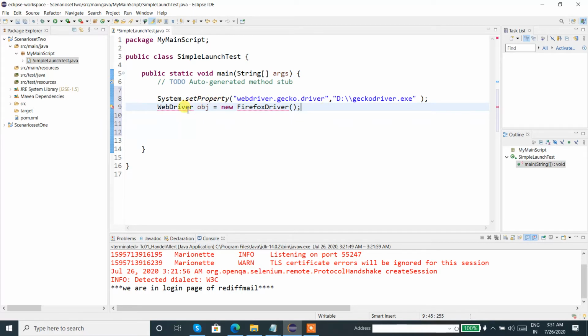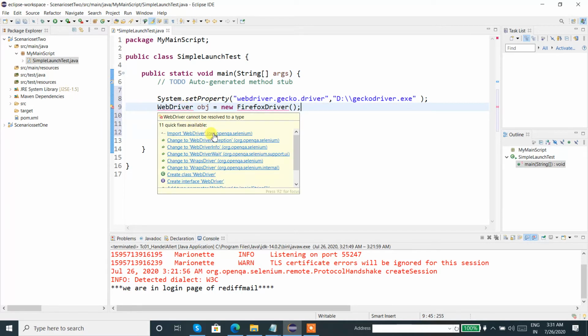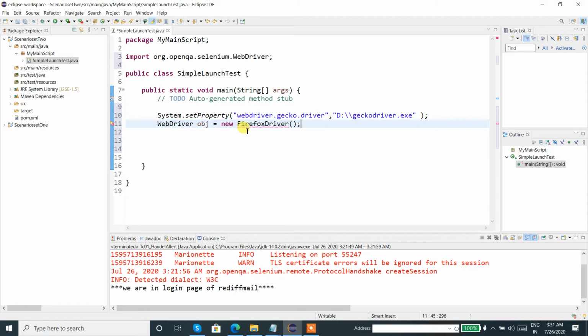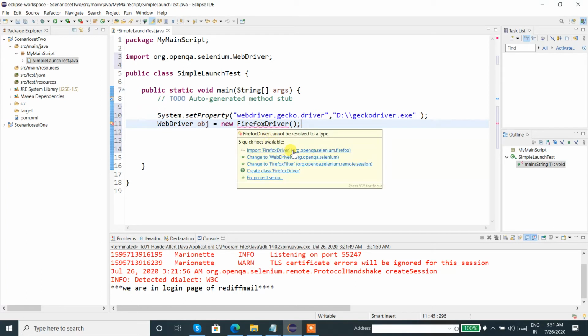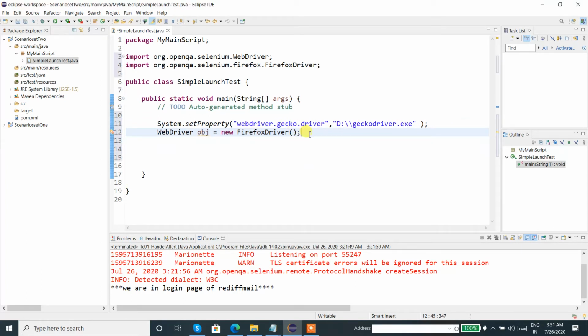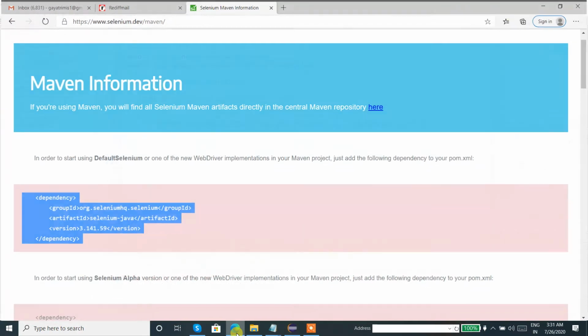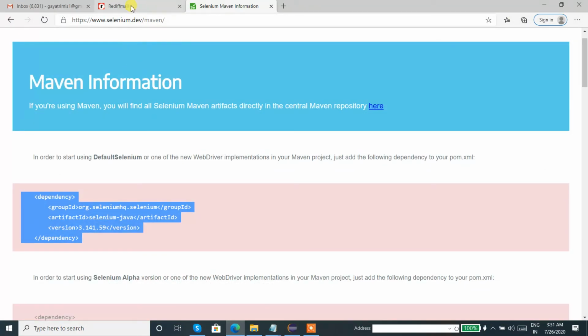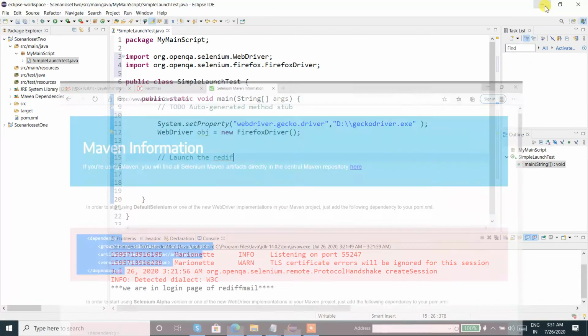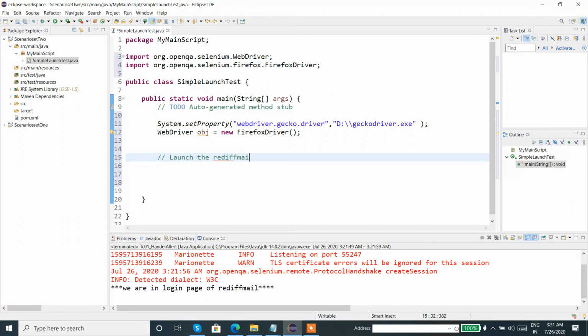For WebDriver, I should import org.openqa.selenium.WebDriver. For FirefoxDriver, again I should import org.openqa.selenium.firefox.FirefoxDriver. Now let's launch the Rediffmail site. Any application we can launch, but okay, the login page.